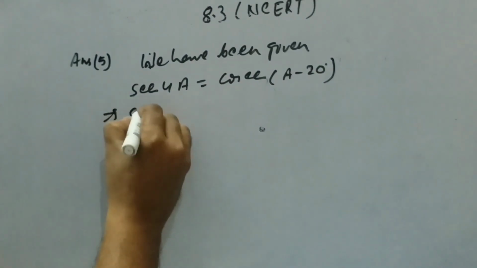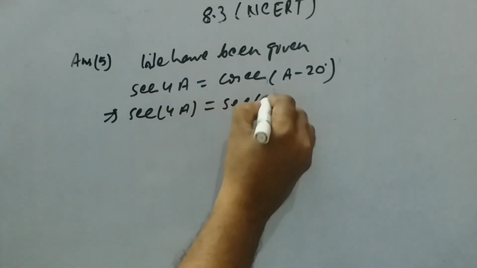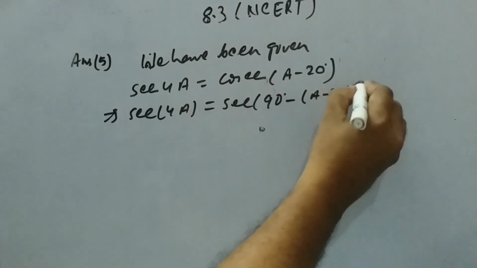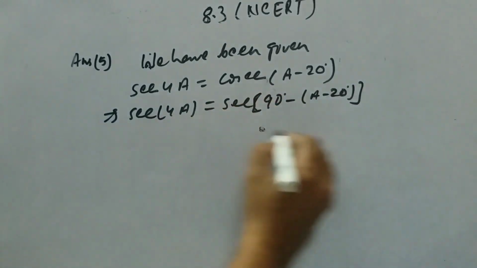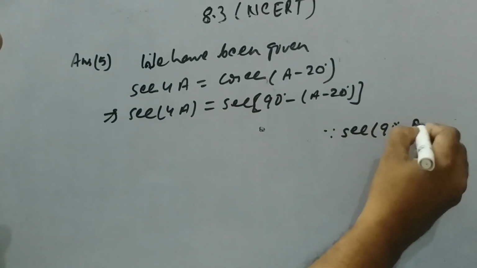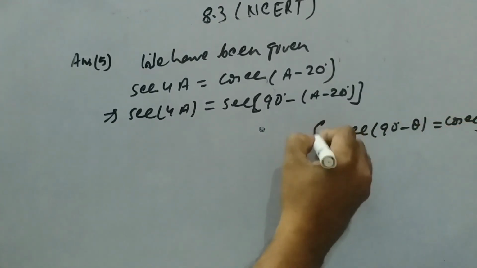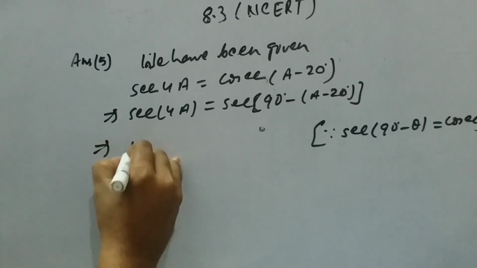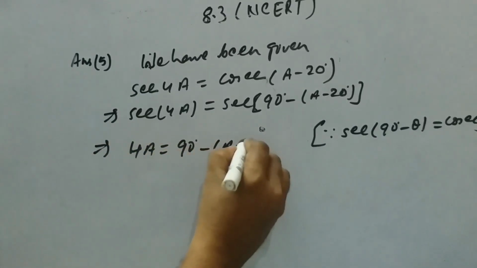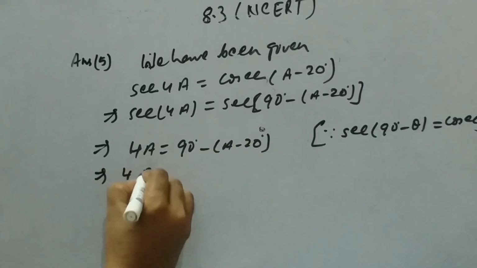This implies that sec 4A is equal to sec(90 degree minus (A minus 20 degree)), and this is the big bracket, since sec(90 degree minus theta) is equal to cosec theta. After comparing, 4A is equal to 90 degree minus (A minus 20 degree), and this is a simple equation in one variable,